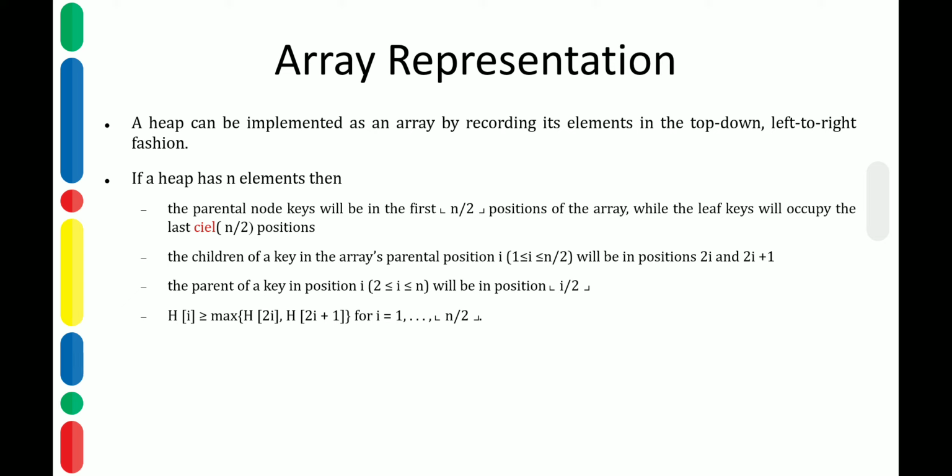What we could do is take the root and store it at index 1, not 0. You could simply ignore the 0 position just for the sake of convenience. We store the first element at position 1, second at position 2, third at position 3, and so on till we reach the last nth element, which will be stored in the nth location. So this is the array representation. We will give an example of it.